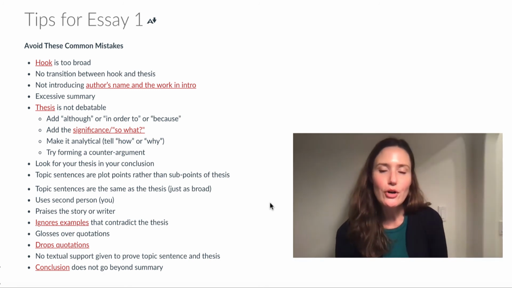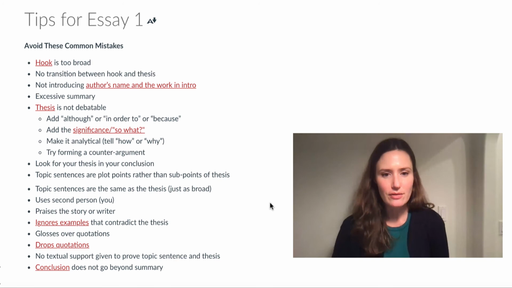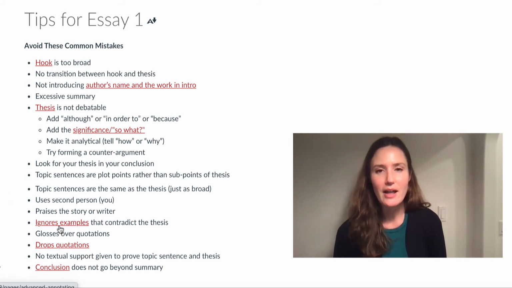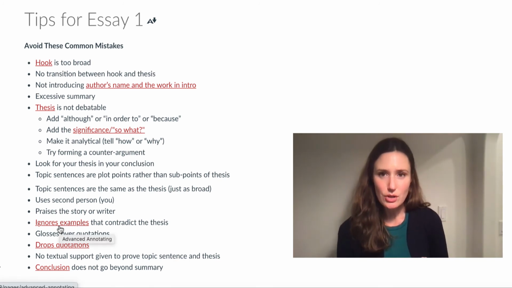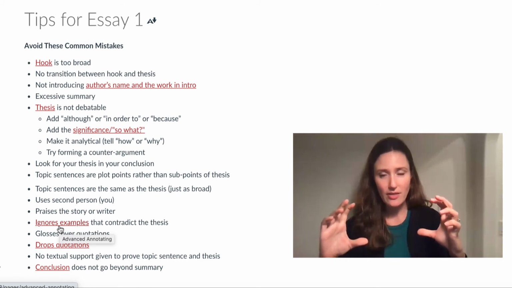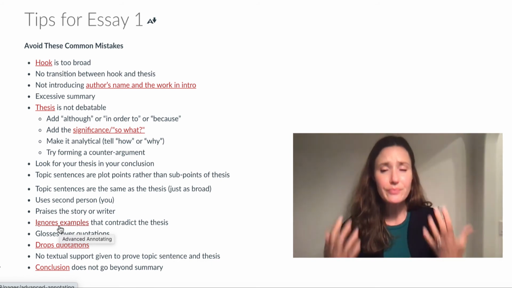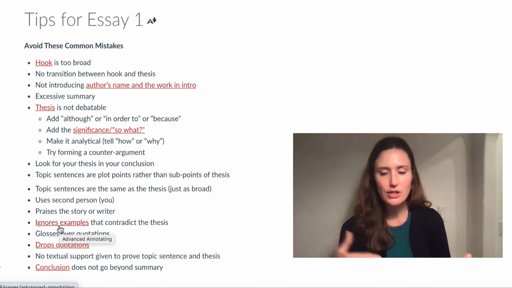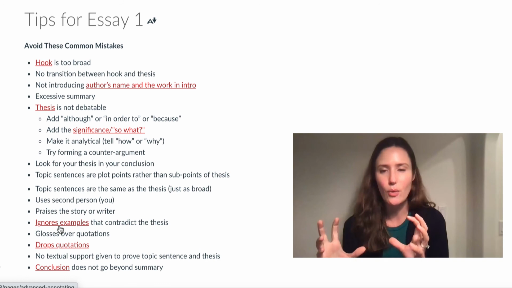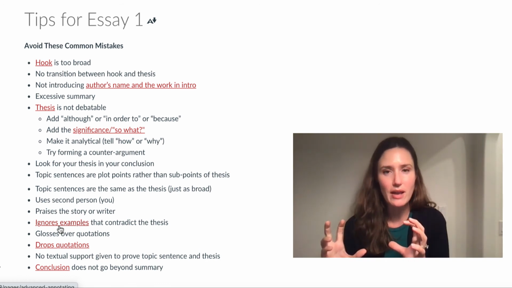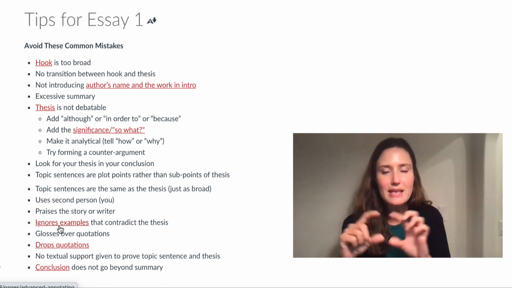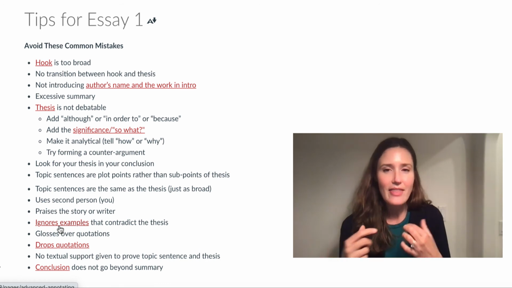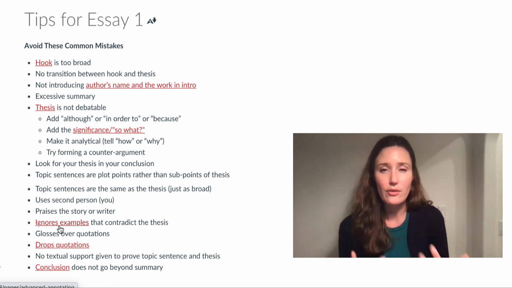Don't gloss over quotations. I should have linked this too, but remember that you always need to introduce your quote, insert your quote, and then do the difficult work of unpacking your quote. So many times I'll be reading a student's essay for essay 1 and I'll think, okay, they've chosen a fantastic quote. This is really going to help prove their argument. And then there's one measly sentence of analysis, and they haven't done the difficult work, the really hard part of